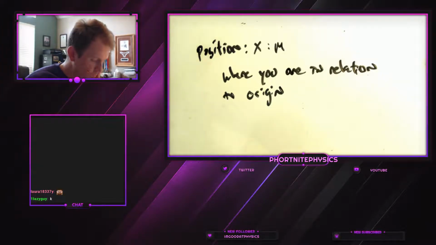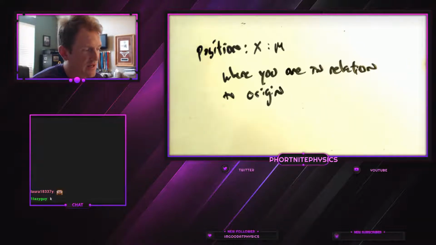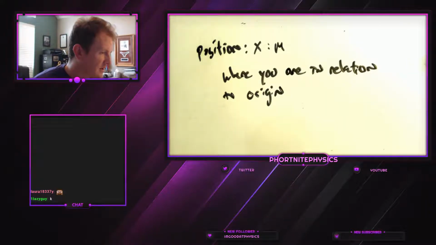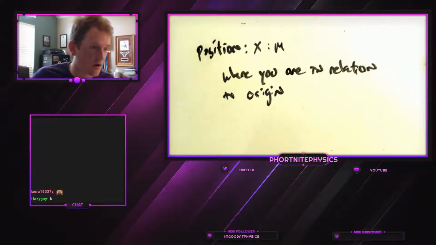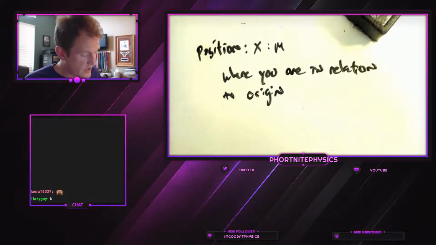All right. So our position is the letter X. We use the letter X to indicate it, and we measure it normally in meters. But it can be measured in any length measurement. It can be kilometers, it can be miles, it can be light years, it can be anything. But it is always a length, because it's telling us how far we are from where we started. Now, frame of reference has a lot to do with our